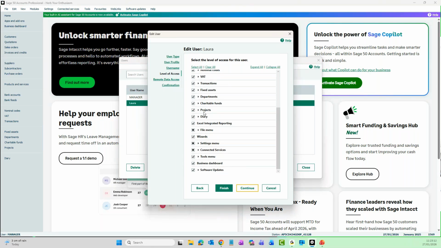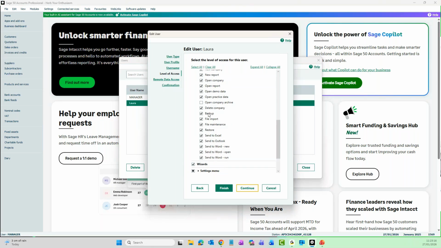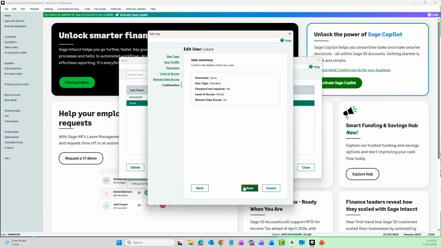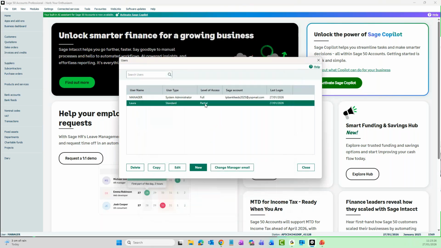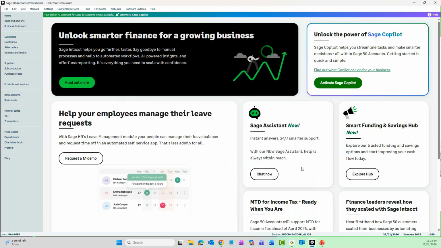The other option was under file. So if we go on the file menu, we can see the one that I don't have ticked is open company archive. So if I just tick that, and I'm just going to click finish, and I'm just going to save that. It still says partial because I might not have access to something else in there. And then if I close that, if I log back in as Laura now,